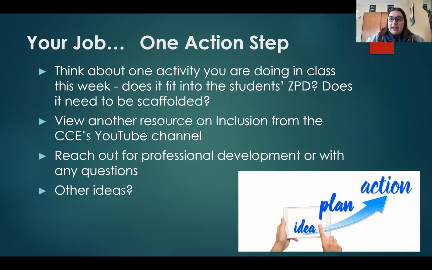So after all this information about zone of proximal development, I'd like you to think about one activity you're doing in class this week. Does this fit with your students' zone of proximal development? Or is it too easy, or is it too difficult? Does it need to be scaffolded to fit better into the zone of proximal development so that the students can achieve some success? Other options for future action steps for you are to view another resource on our YouTube channel